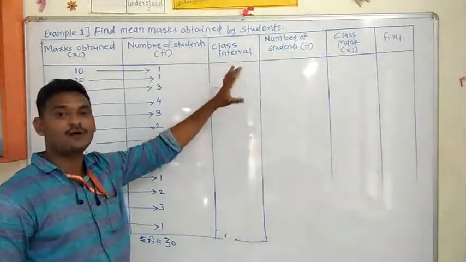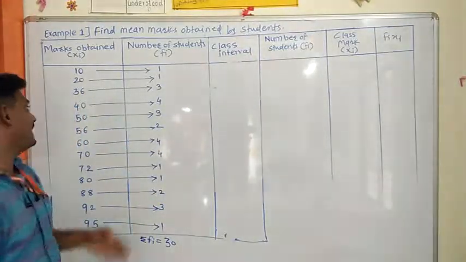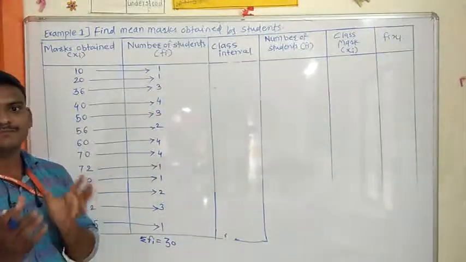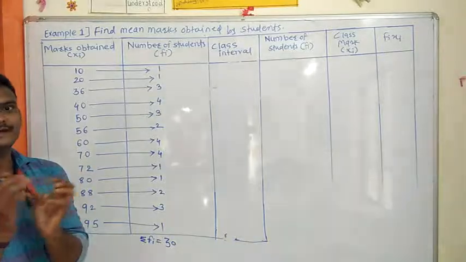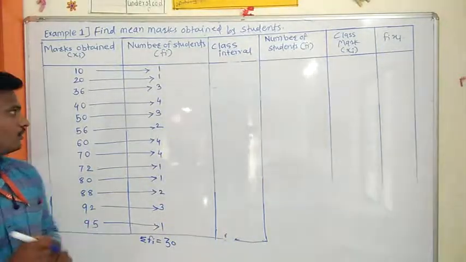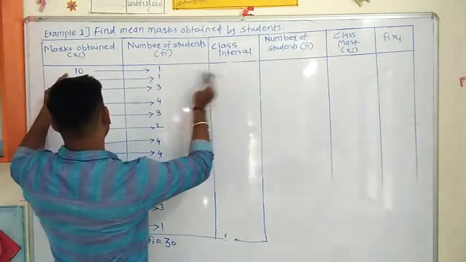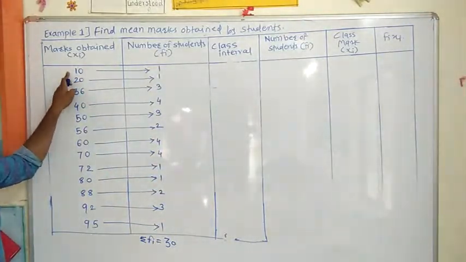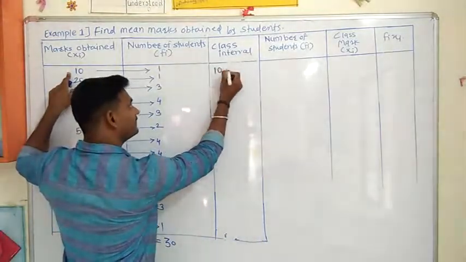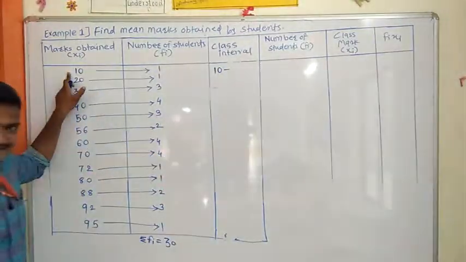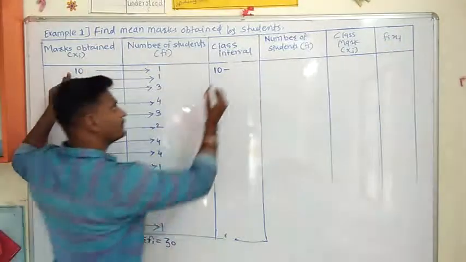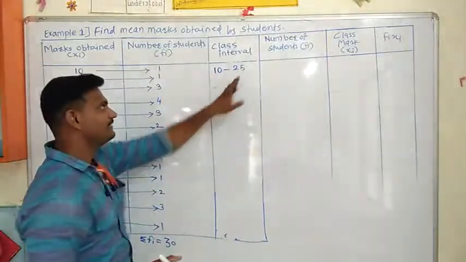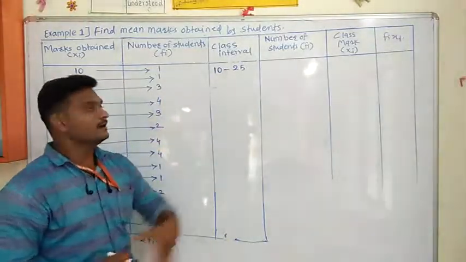In class 9th also we have seen how to find the class interval. Here we will find the class interval with 15 as the width. 15 as the width means 15 marks we will include. That group width or group length we will consider as 15 only. If we consider 15, then the lowest marks here is 10. Therefore, the first one we will consider as 10, and here 15 marks we are going to consider, that is 10 to 25. 10 to 25 is a class interval. The width of the class is 15, since 25 minus 10 is equal to 15.